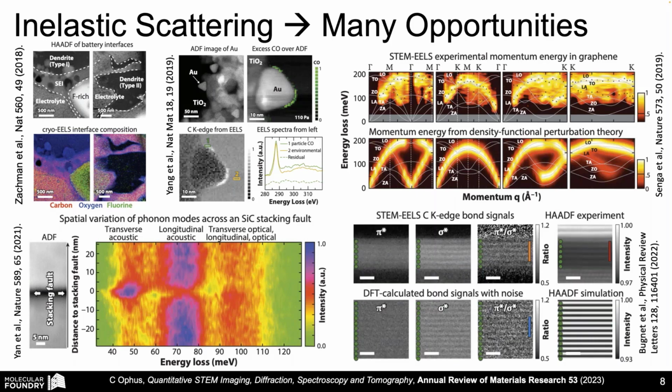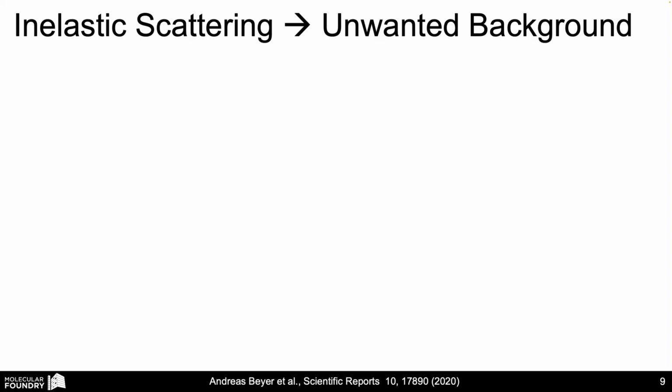And then this is another example from a Brunet paper showing momentum resolved energy loss, in this case in stacked graphene layers, and being able to separate the pi and sigma modes here. So these are all very interesting, but in the context of diffraction though, inelastic scattering typically means an unwanted background